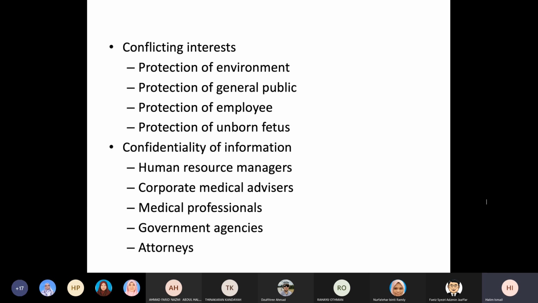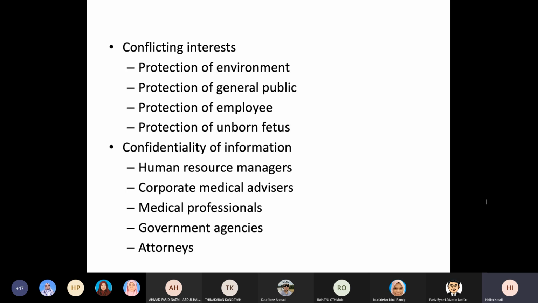So in a lead factory, should you or should you not employ a woman of childbearing age to work there, or should you just employ male workers? It's a very thin line to make that kind of decision, right? If you just simply say, okay, we're not going to hire female workers, that can create a problem where there are inequalities in job applications based on gender. So it will create